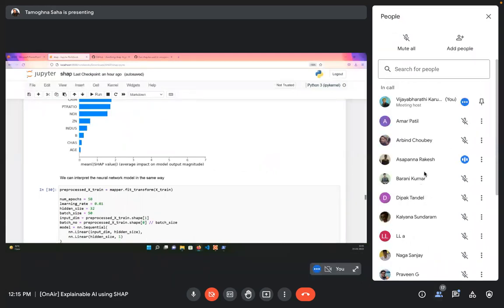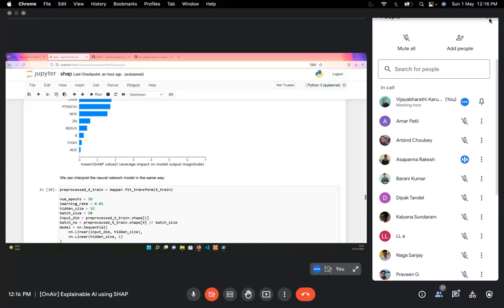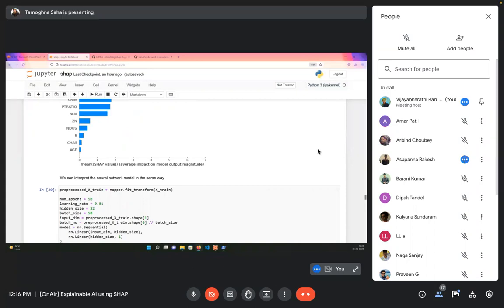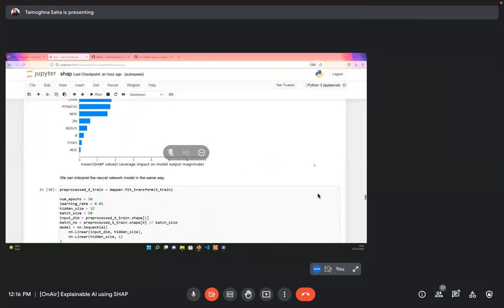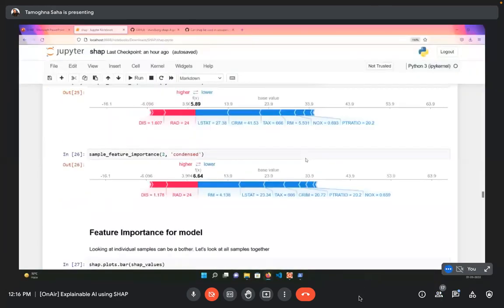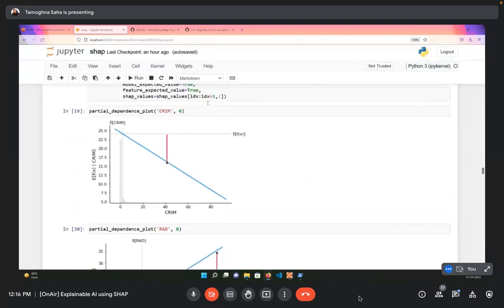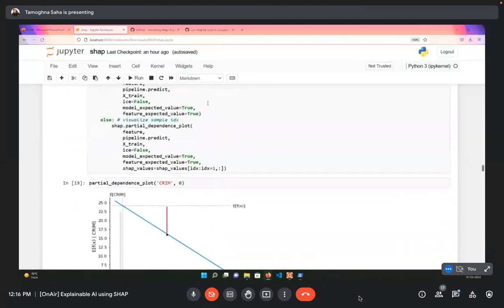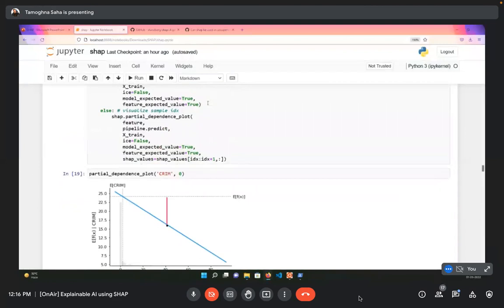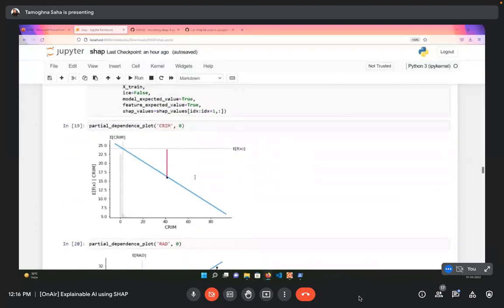Just one more question. Can you please explain the partial dependence plot? Yes, the partial dependence plot. Think of it like calculating the SHAP value for all the instances of the record CRIM, the crime rate.